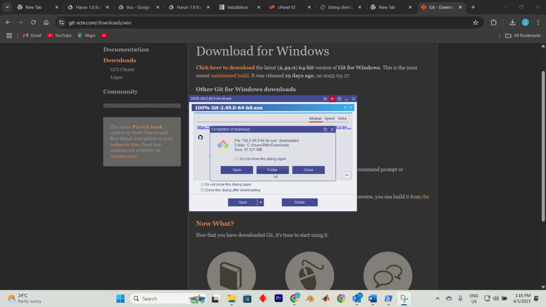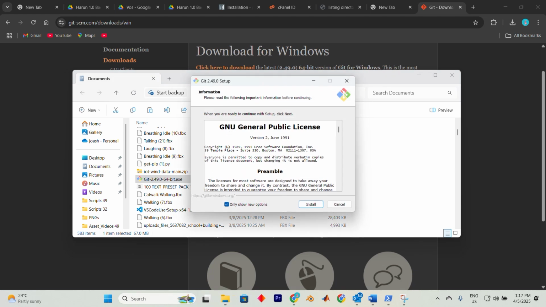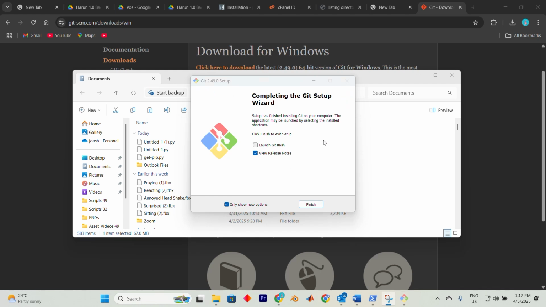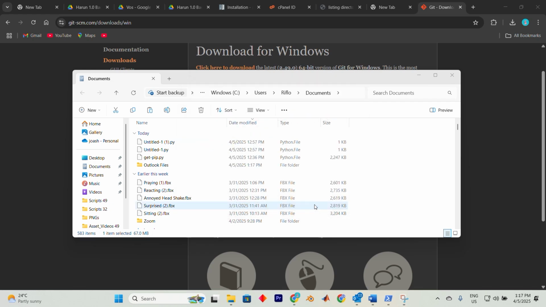Once it finishes downloading, execute the file to initiate the installation. The installer will launch, and you simply need to keep clicking next on each step. You can change the installation directory if you want to, but the default directory is just fine. In my case, Git was already installed earlier, so you might notice some prompts that I won't see. Just stick to the default settings, don't worry about modifying anything, and just keep clicking next until the setup begins